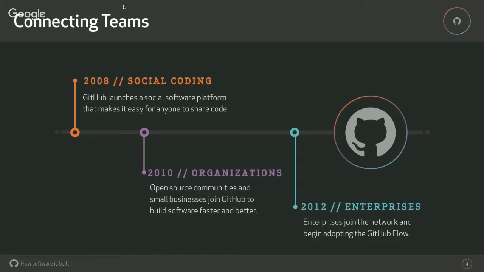I use GitHub for all my open source projects. I use private repos for all my personal projects, but I really want to use it in my business. GitHub Organizations were born. That brings in not only the same features of public and private repositories, but teams and individual users and collaboration. That worked until about 2012, where more people came and said, I really want to use